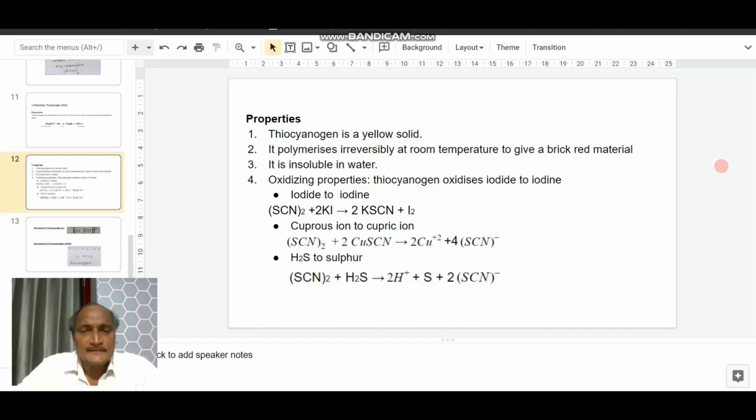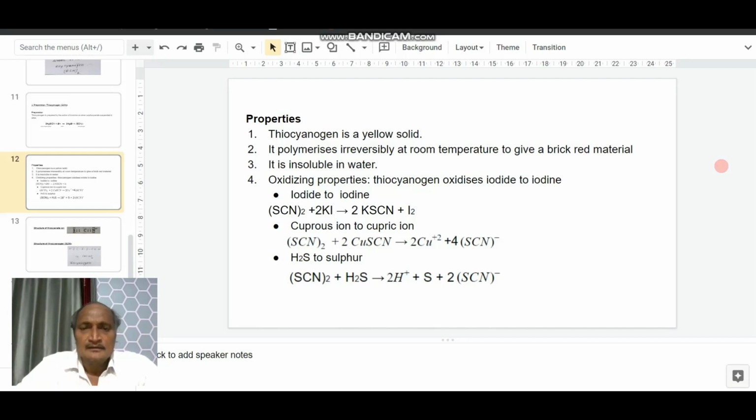That is, thiocyanogen (SCN)2 on treating with 2 moles of potassium iodide, the potassium iodide gets oxidized to iodine with the formation of potassium sulfocyanide. A free iodine is liberated, forming potassium sulfocyanide,